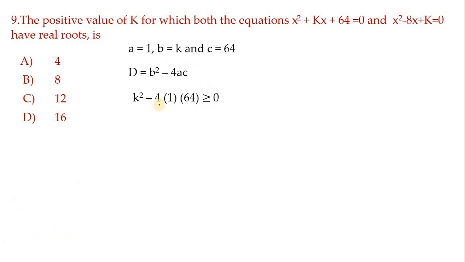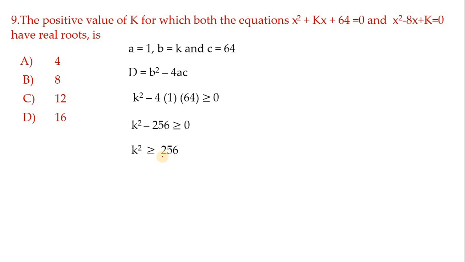Now let us simplify this one, children. So 4 into 64 we get 256. Now this minus 256, just transfer this side, we get plus 256. And one more important thing here, don't get confused about the symbol greater than or equal to. You solve it in the same way as you solve problems when equal is present, that's all, nothing to worry. So now we get plus 256.